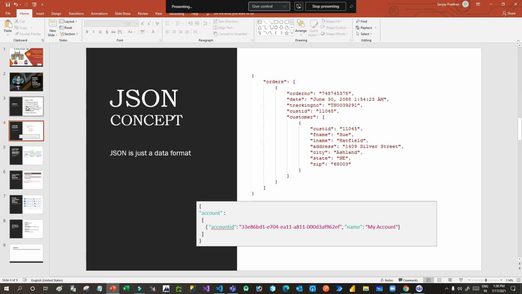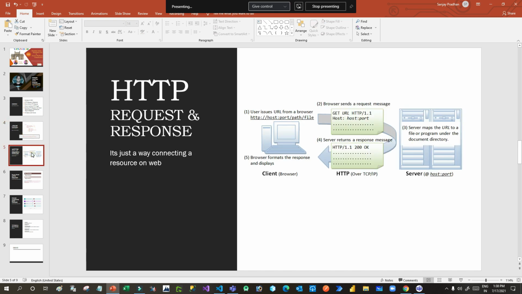Okay. Now what next? Next is, what is an HTTP request, right? An HTTP request is a request that is sent from a client machine to a server to fetch some data, to get some resource. It may be you are reading some records, or you are creating some records using some third-party web API.